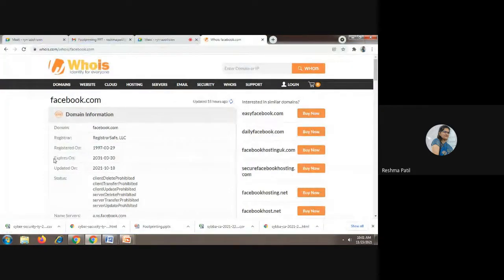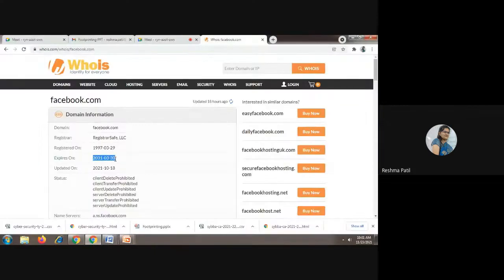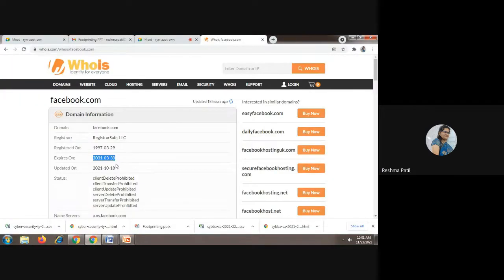I'm just giving you ways how we can collect the information of a particular target. When this domain is going to expire, then updated. When this domain is updated, that information is received here.